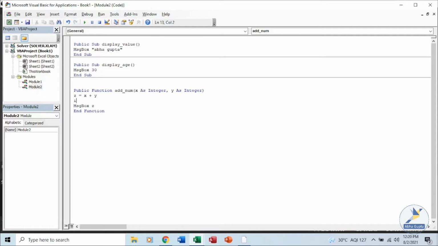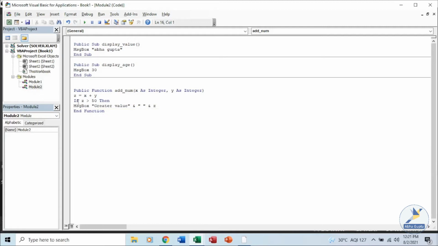We have done the calculation and I want to say if the z value which we are getting after calculation is greater than 50, then I want to say in this message box, "greater value," and together with that I want to display my value. Let's put spaces there so that it is visible.